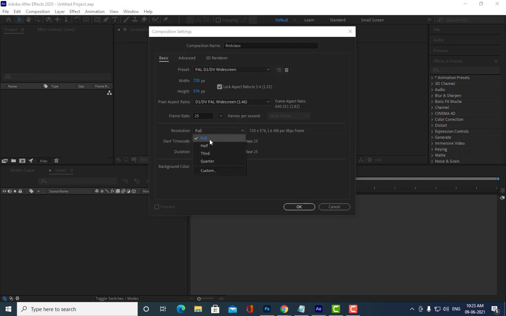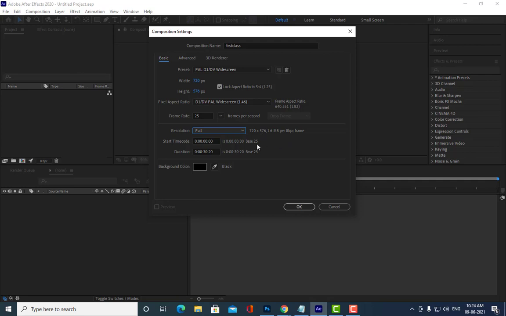But sometimes when there are too many objects in your scene, and you try to play the file, it will slow down a lot, because we are working in high resolution. At that time, you can reduce the resolution to half or third. I will tell you in detail once we start working. Right now we'll keep it full because our scene is empty.